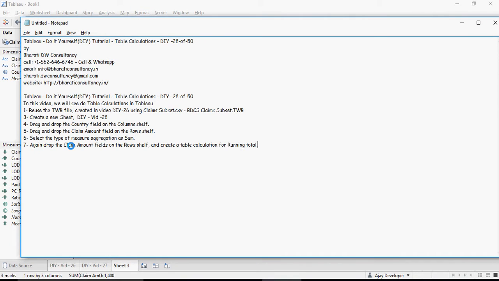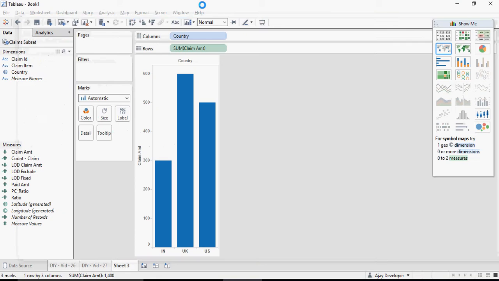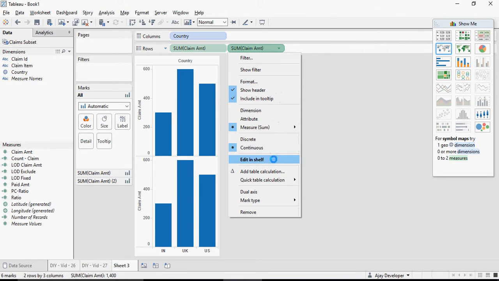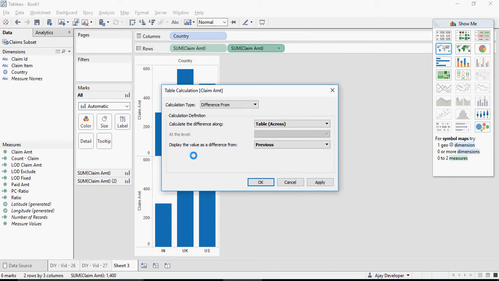Again, drop the claim amount field on the rows shelf and create a table calculation for running total. So I'll show you. Drag and drop the claim amount again on the rows shelf. You can see both the claim amounts here. On the second one, click on this arrow and click on add table calculation. So in this table calculation, select running total,